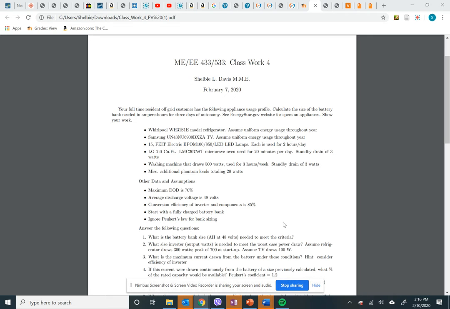All right. So what you start out with here is what we're going to put in our cabin. These are different models of, let's see, a Whirlpool refrigerator, a TV. You have your electric lights, your light bulbs. You have your microwave, washing machine, and then phantom load. So phantom load is